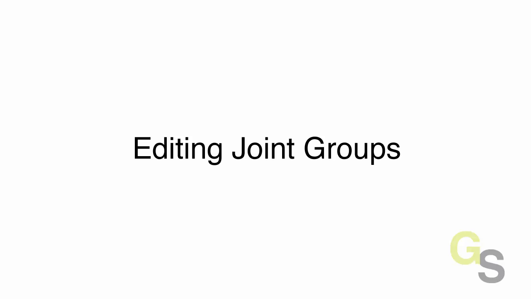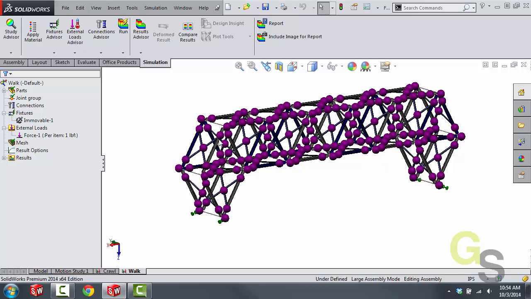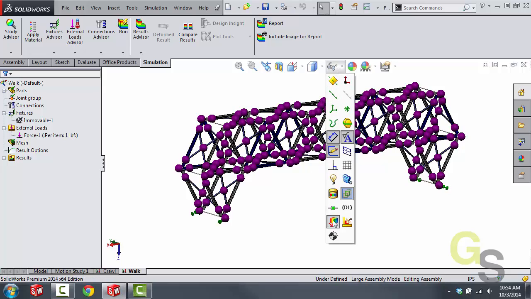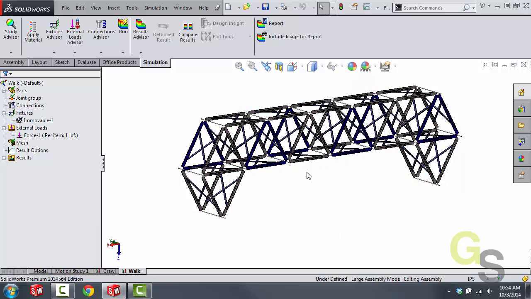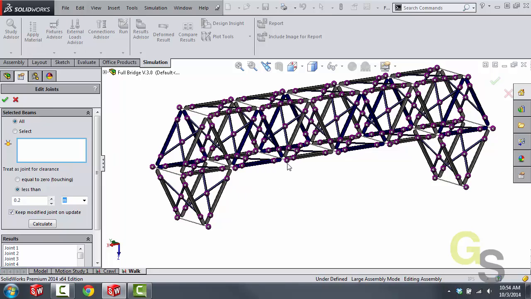Now that I've duplicated this walk simulation, the first thing that I'm going to do is investigate my joints. Now as you can see, I'm showing some of the simulation results on the screen, and it makes it a little bit hard to see because these joint bubbles are just pretty big compared to the rest of the model. So I'm going to clean that up by using my eyeglasses up here and then selecting my simulation symbols. That's going to hide the joint groups. And now when I edit the joint groups over here on the left hand side, the joints will pop up